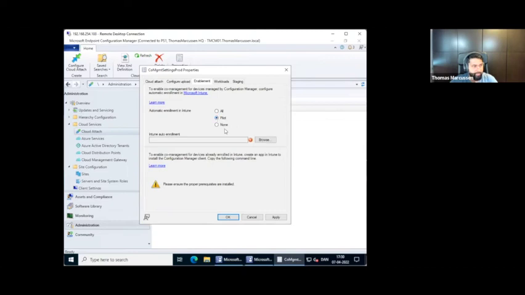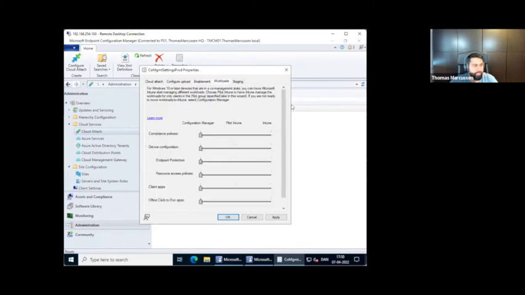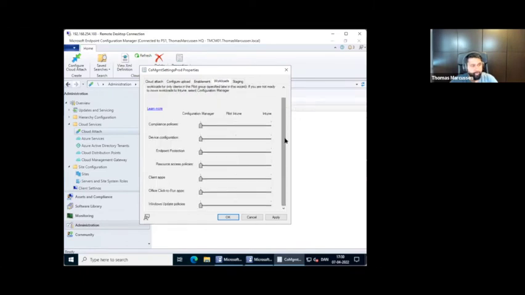We can pilot it and choose a specific group in case we want to do it on a small subset of devices. That's always a good idea when you're starting out with it, but it is quite an easy process, so it rarely gives issues. In regards to the workloads, the workload for Windows Update for Business that we're looking for is the Windows Update policies. If we were to move it to pilot it in Intune,